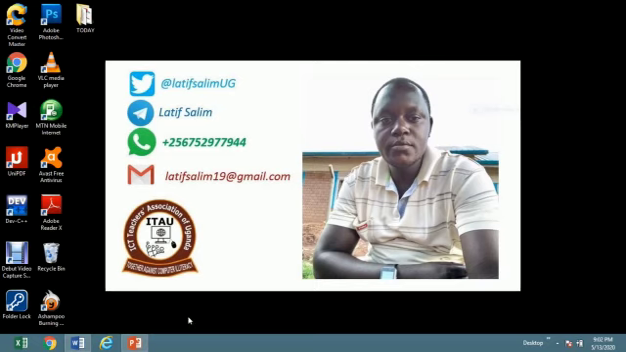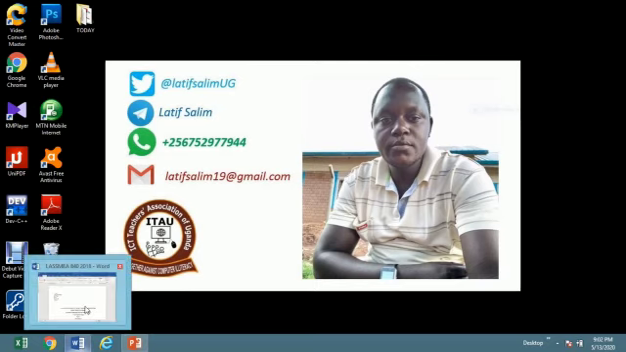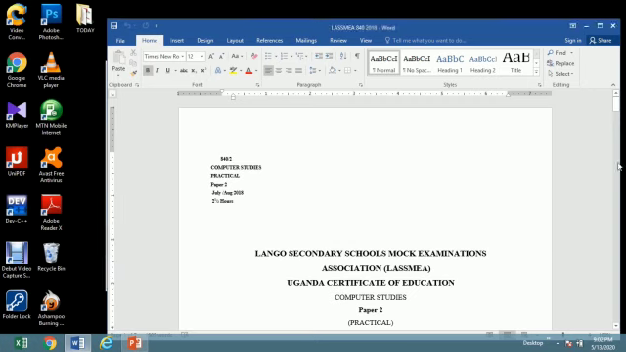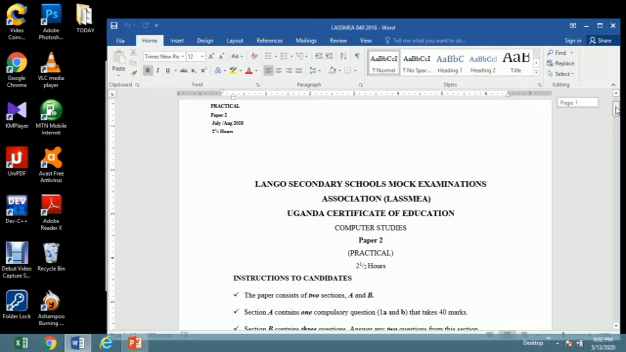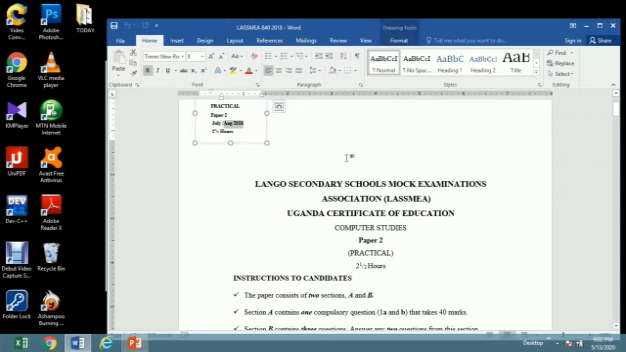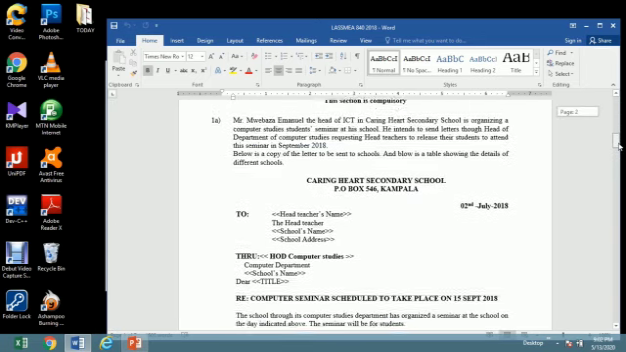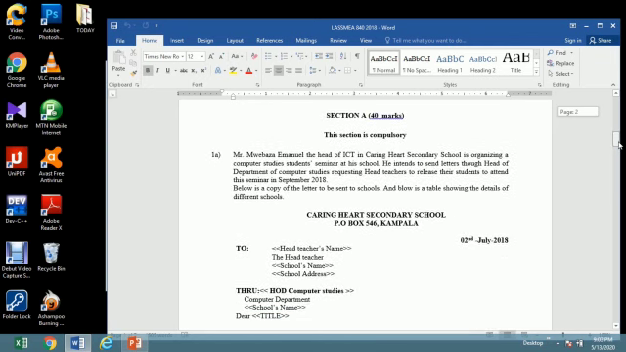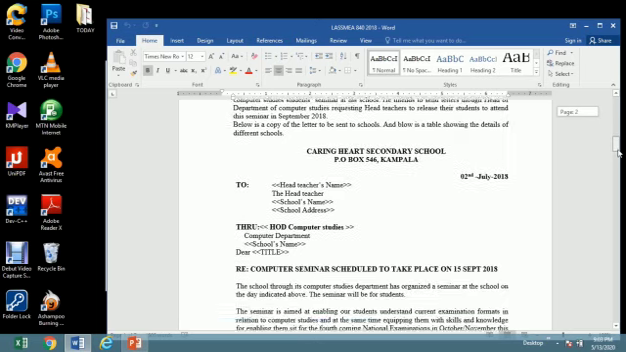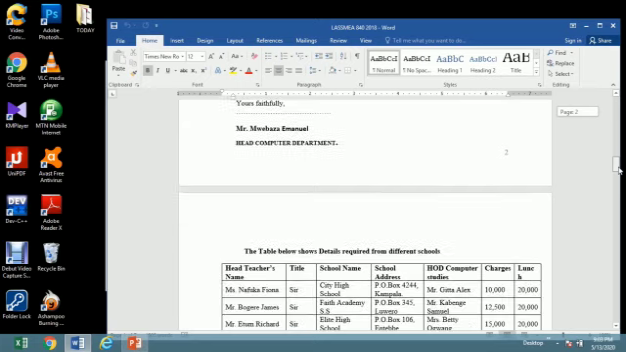Now with me is a question paper. Basically this was a mock exam. It is Lango Secondary School's mock examination session. This was 2018, you can see this. Now our interest is basically to deal with number 1A. Number 1A is our area of focus tonight, and this is the number that I want us to